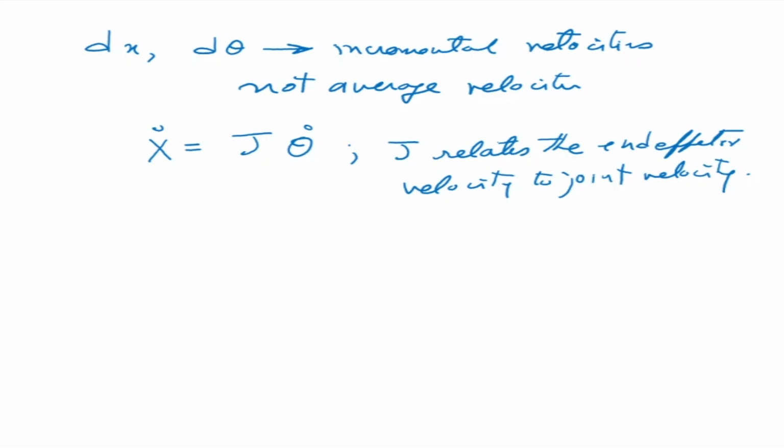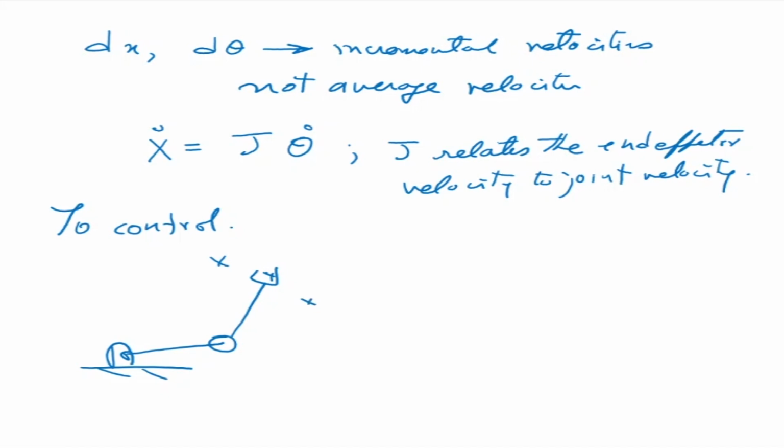So in terms of control, for a desired end effector velocity, you need to find the joint velocity, right? Let me draw the robot manipulator here again. Suppose I want this manipulator to move through this point, this point, this point, like this, with this velocity. So I want an x dot and a y dot, and the controller has to enforce that. How does it do that? By giving a voltage here. So it is controlling theta 1 dot and theta 2 dot. When I give a different voltage to the motor, the motor velocity changes. So I'm controlling theta 1 dot and theta 2 dot, and as a result I'm controlling my x dot and y dot.